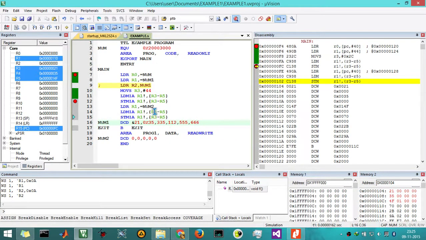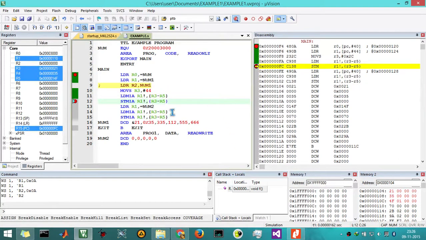Now what happens if we execute this statement? This statement is store multiple increment after, and it reacts in the same way. It will take the present location in R1 and store the data present in R3, R4, R5 into continuous memory locations. 21 was supposed to be stored at this location, 35 at the next, and 14F at the next, which will not happen in our case because we are trying to write data into the read-only memory during execution.